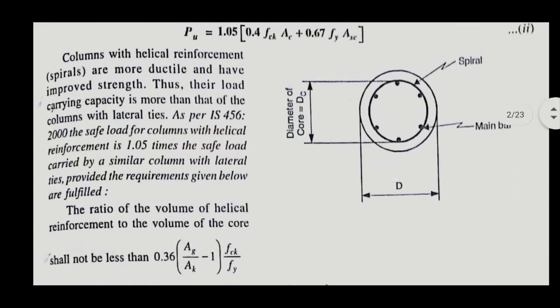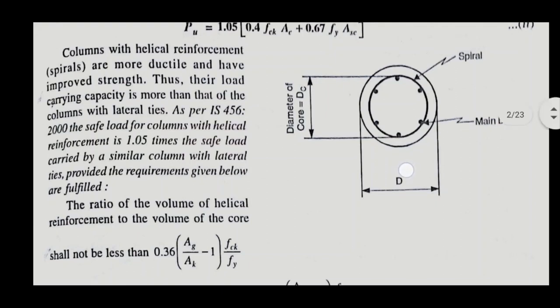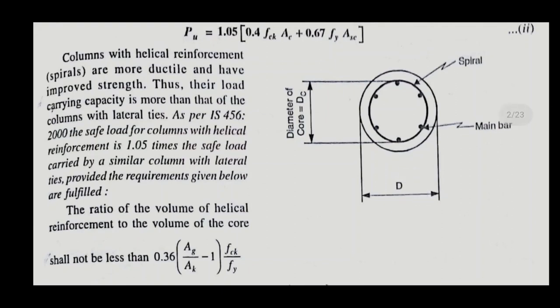which we read out in the code also. The ratio of the volume of helical reinforcement to the volume of the core shall not be less than 0.36 into (Ag by Ak minus 1) into fck by fy. On the right side you can see the diagram. This is a cross sectional diagram of a circular column, or a column with helical reinforcement. You can see the core diameter here, and main bars and spiral bars are also denoted. Core diameter is denoted by D suffix c and